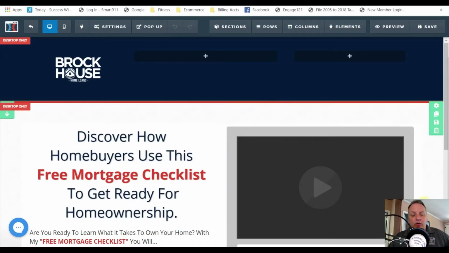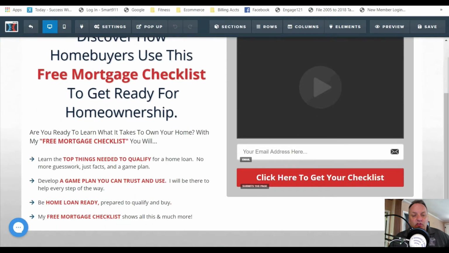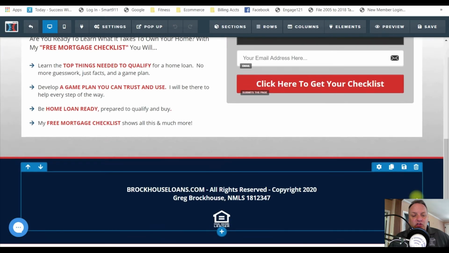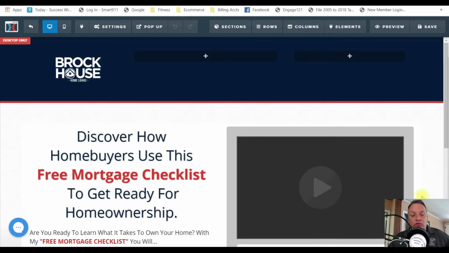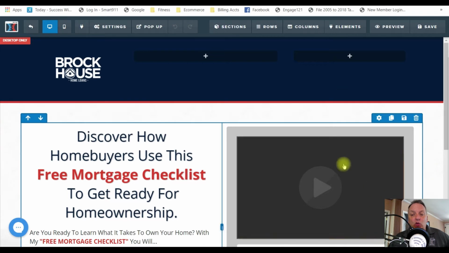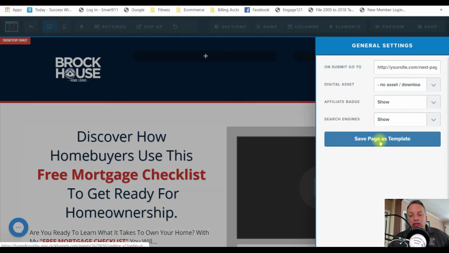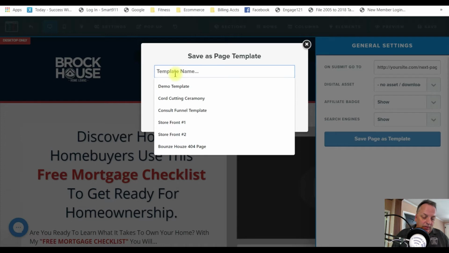All right, here we are inside my computer, and I've just pulled up a funnel I designed in the past for another client. And the first type of template I want to talk to you about is a page template. Now I can save this entire page so that if I wanted to use this format for another lead magnet for this particular client, I could do so without having to rebuild the whole page over again. So the way we do that is we go up to our settings tab here on the top, go all the way to the bottom of the drop down list and click on general. We hit save page template, and we're going to name this Rock